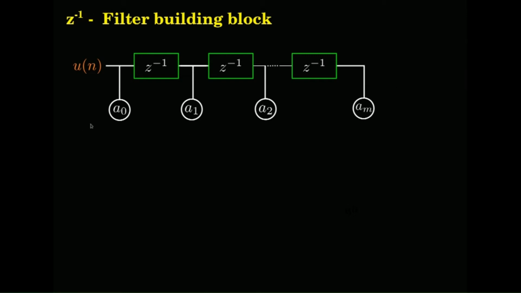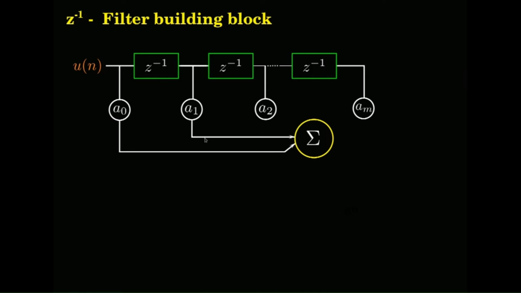Now after having scaled the values, I will pass them through a summer. You just sum them all up and take the output from the summer, and we will call that y[n], the output of this whole system. So this is one general purpose filter.